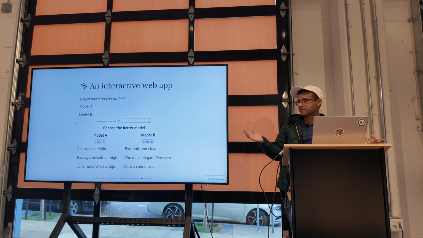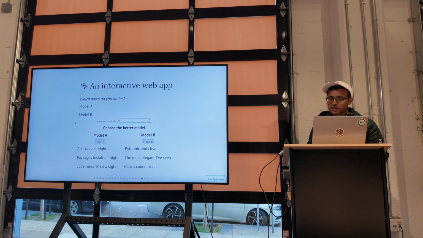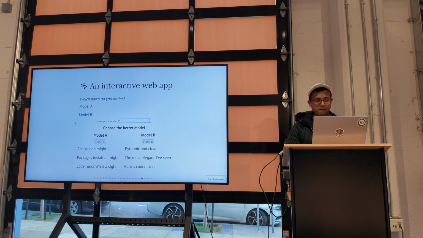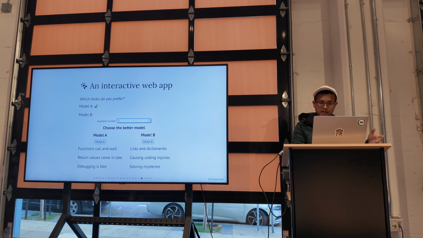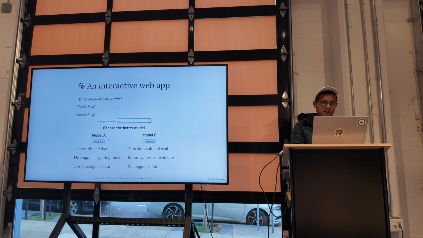You can build them into interactive apps. This one's kind of fun. Vincent, our developer relations person, built this for us. This is a little web app that lets you label which of two models you prefer. These models are generating haikus about Python. I can just click on these buttons and say, oh, okay, I like model A's haiku better. And I click the next button, get a new set of haikus, and just click through. This is sort of a toy example, but users do use things like this to actually work with data and label